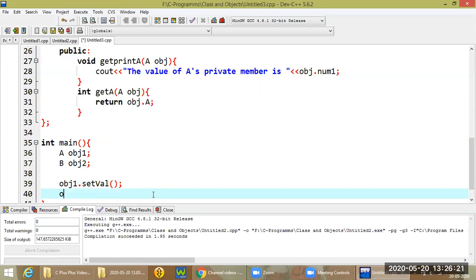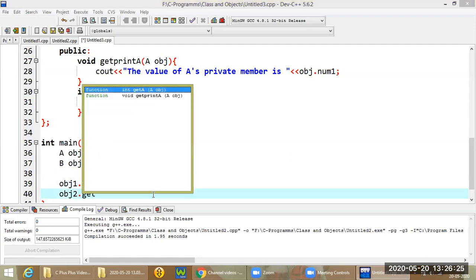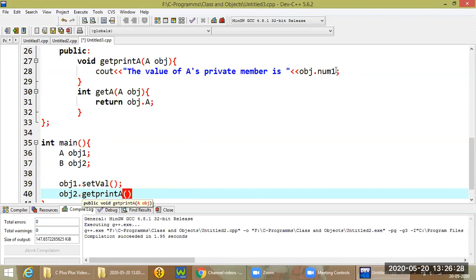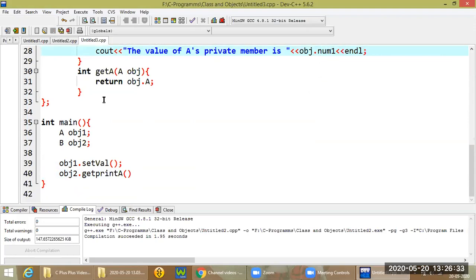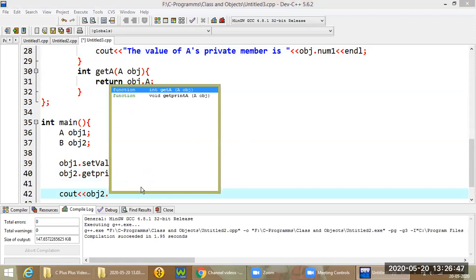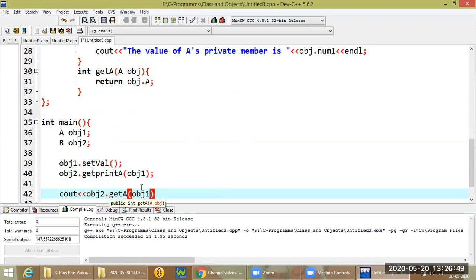Let's call obj2 dot getPrintA, and add an endl so the output moves to the next line. Then we call the function which returns the value, passing the object of class A as argument: cout obj2 dot getA, passing obj1. Save this code and let's compile it and see whether it is working.